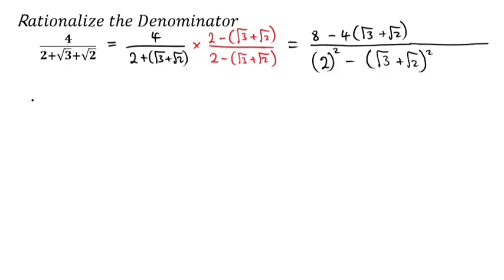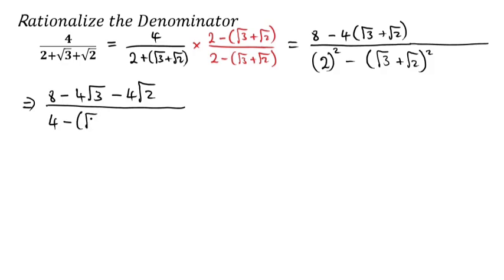So in the numerator, this implies that we have 8 minus 4 root 3 minus 4 root 2 divided by 4 minus root 3 plus root 2 multiplied with root 3 plus root 2. This is equal to 4, or rather not 4, but 8. 8 minus 4 root 3 minus 4 root 2 divided by